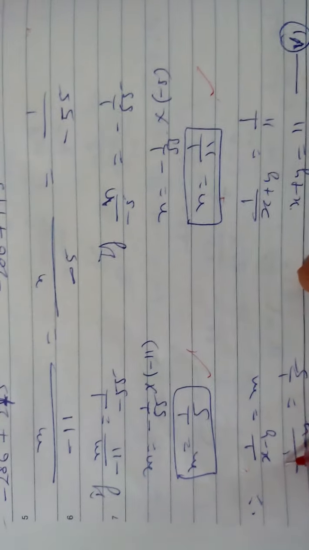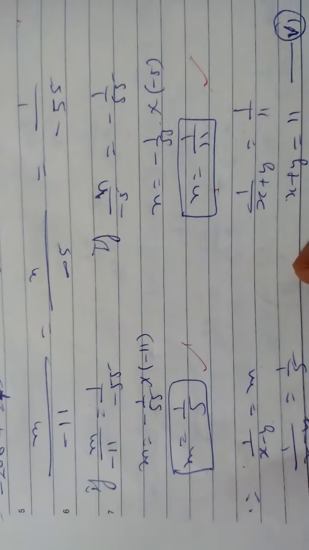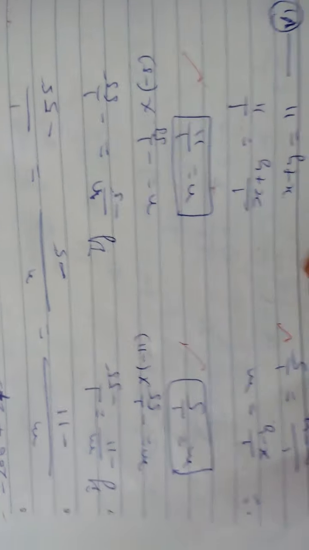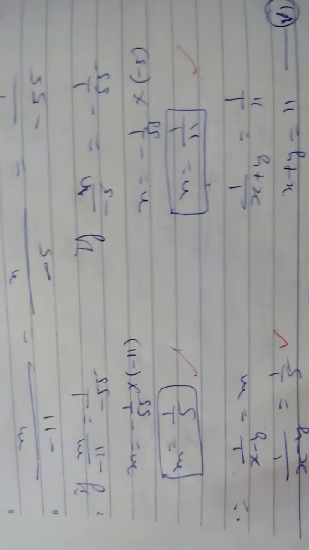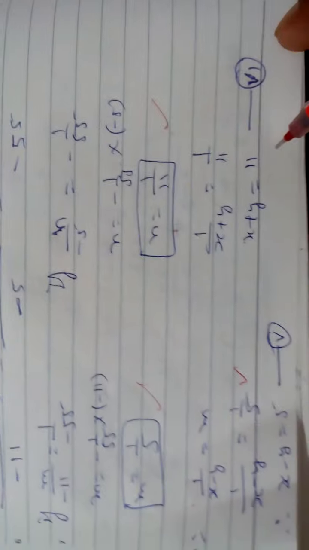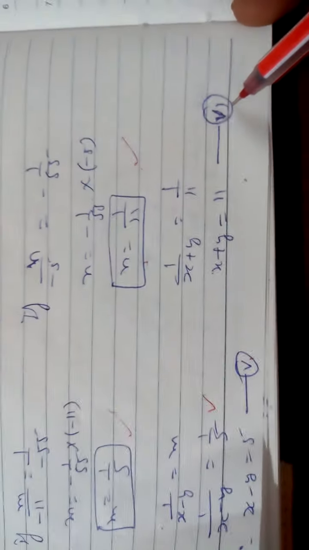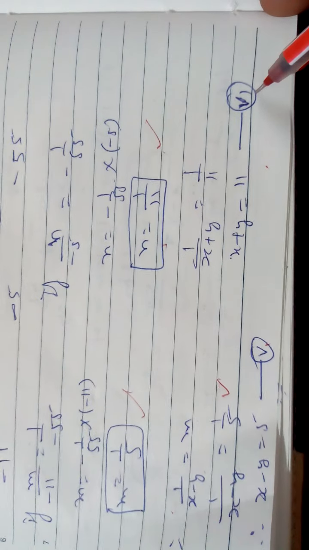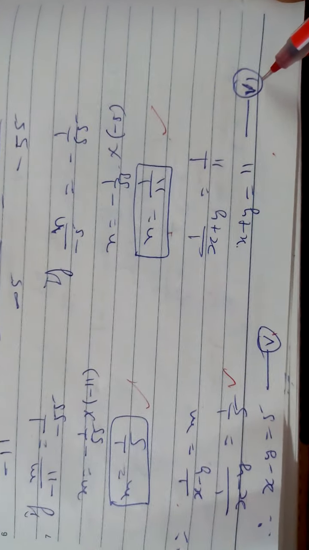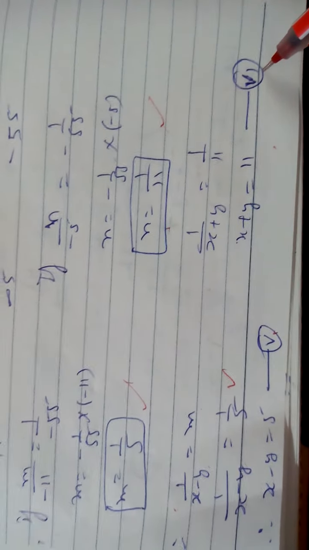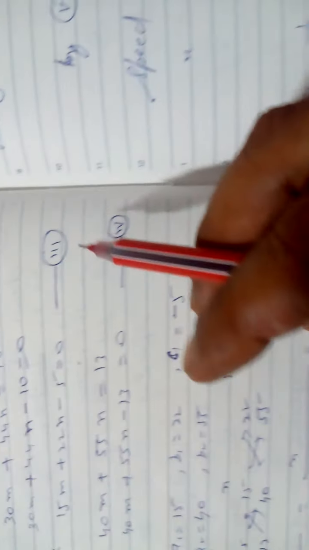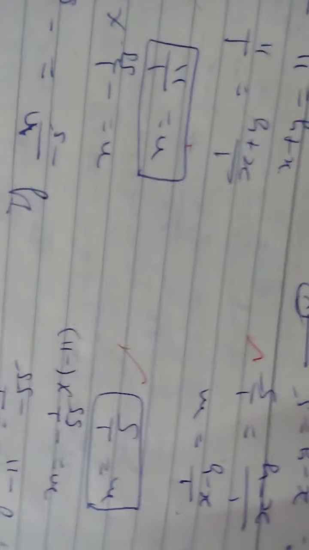Again, put here 1 upon x minus y is m. 1 upon x minus y equals 1 by 5. So you are getting x minus y is 5 and x plus y is 11. Two more equations, the fifth and sixth, you are getting. First you make the equation, then you let it in m and n form, and then the m and n values give you two more equations. These two equations you again solve by any method.